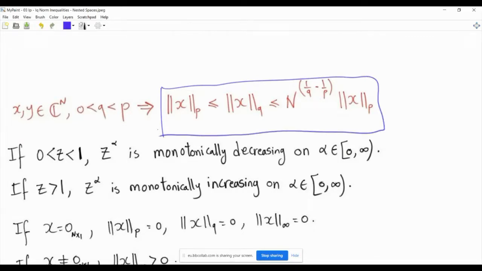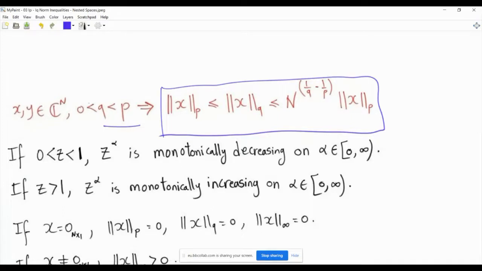So a question that comes to mind is, if you have a vector and you compute its LP norm and its LQ norm, where Q is less than P, is there a relationship? Sometimes the LP norm of a vector is greater than the LQ norm, sometimes it's the other way around. It turns out that there is a pattern. If you compute the norms, there are relations that are always true, so if Q is less than P,